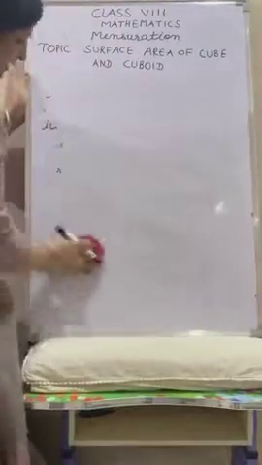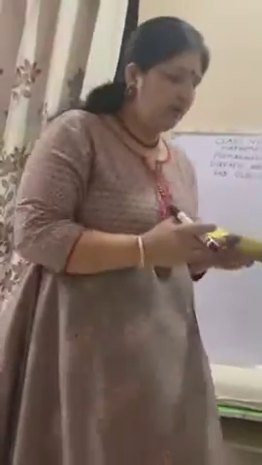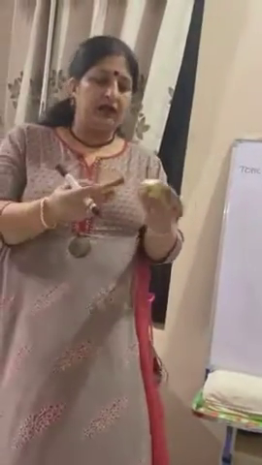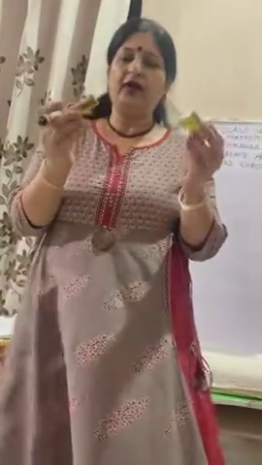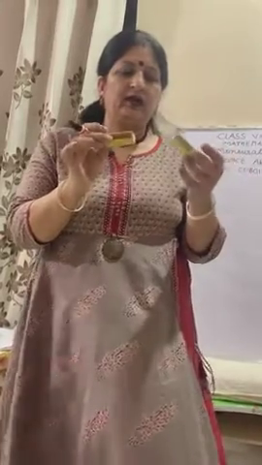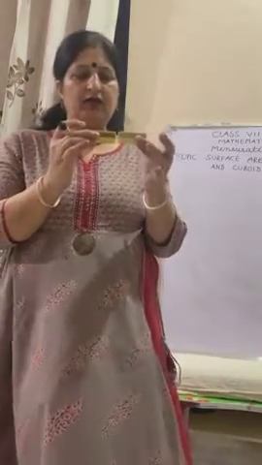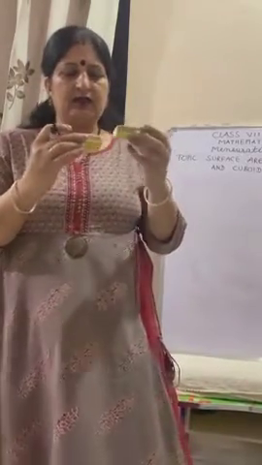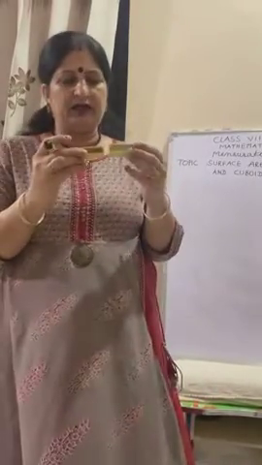When two solids, which can be cuboidal or cubical, are fixed together. These are two cuboidal boxes, like match boxes. These are cuboidal boxes, can be cubical or cuboidal. When we fix them together, how do we fix them? Length fixed with length, breadth with breadth and height with height.